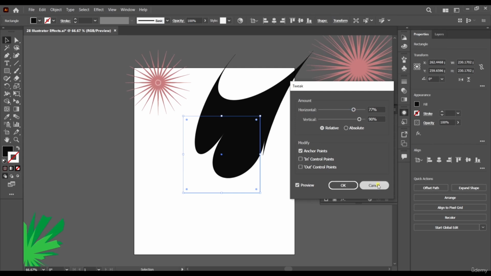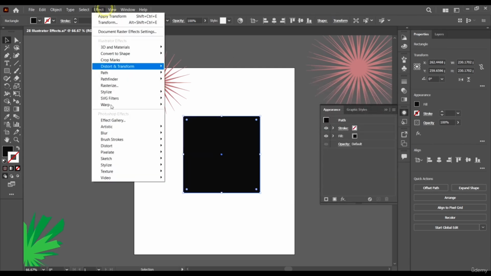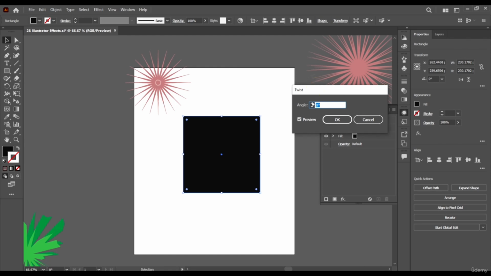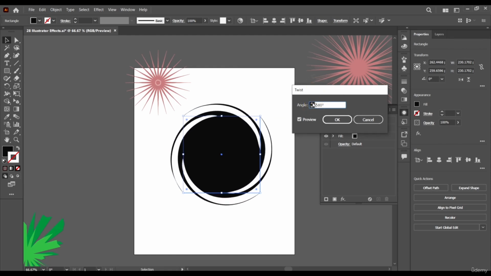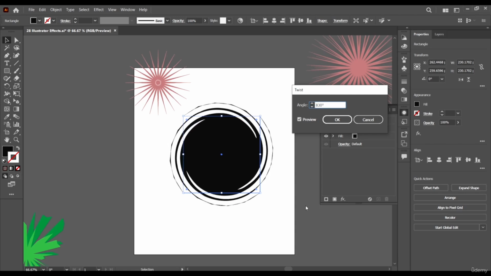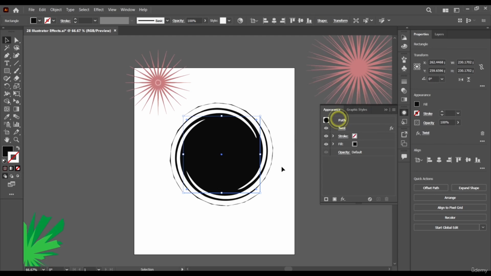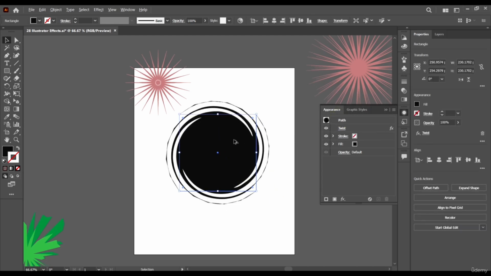And we have this other one, the twist effect. It gives us the ability to twist our shape like this. So we can see that we've twisted our shapes through an angle of 830 degrees, and this is what we've got. Perfect.